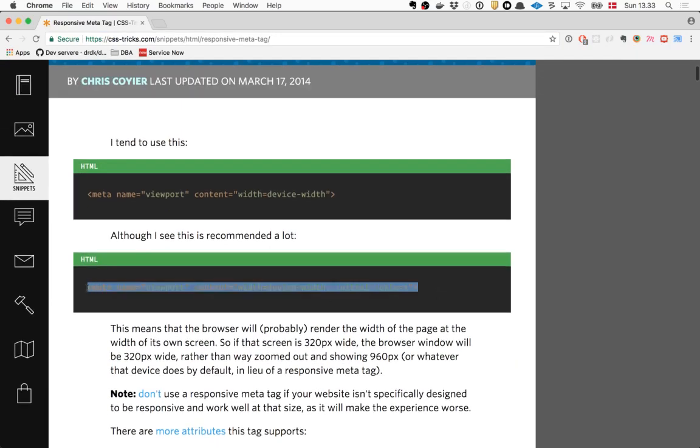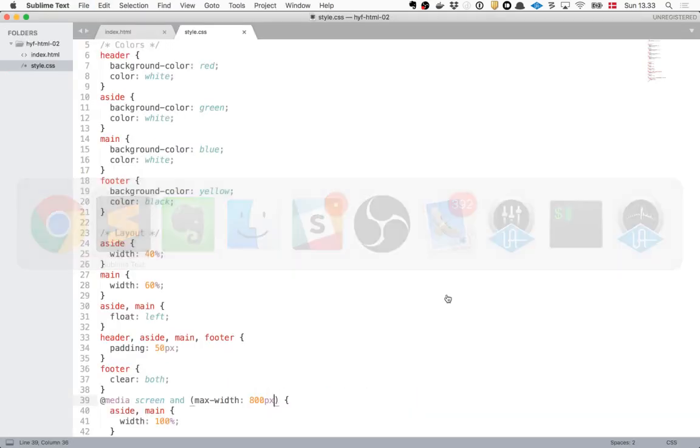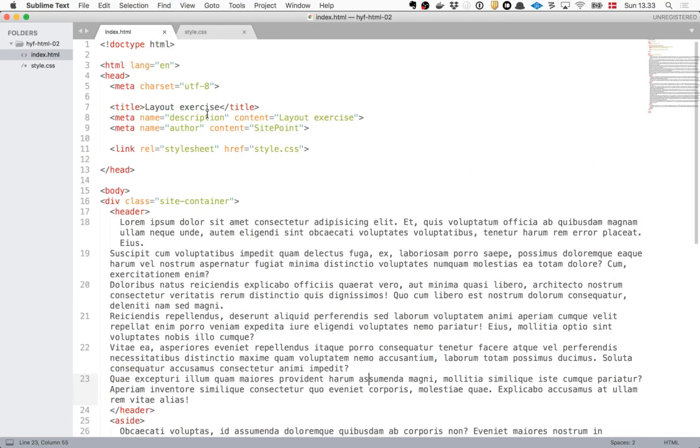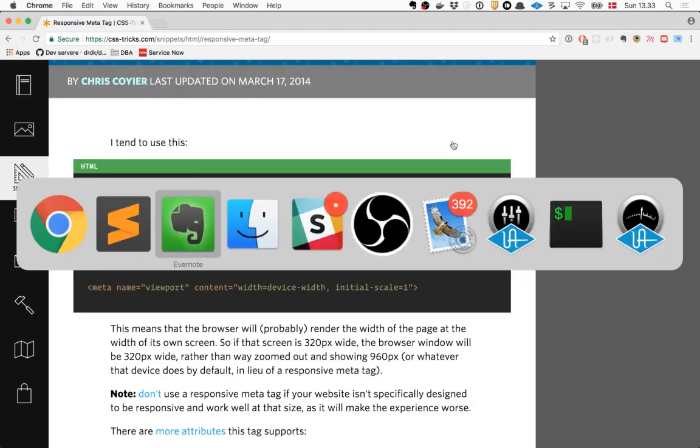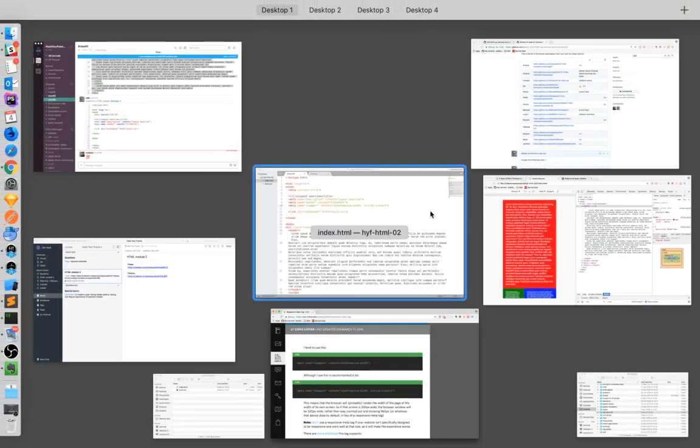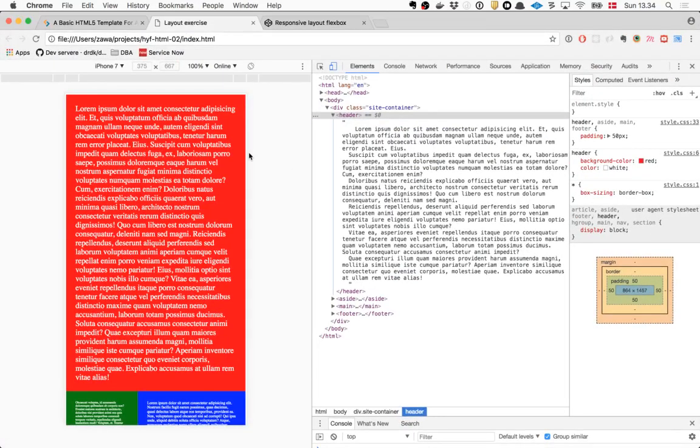I usually use this one. Maybe you are missing some HTML tag for viewport, something like this. Exactly. That's what I'm adding now. So you see, there's no viewport tag here, and now I'm adding that one. This one is going to tell the mobile phone not to zoom out, because normally a mobile phone, if it encounters a website that's like a 2-column layout, it's going to try to zoom out so the user can scroll around on the page and zoom in on what he wants to see.